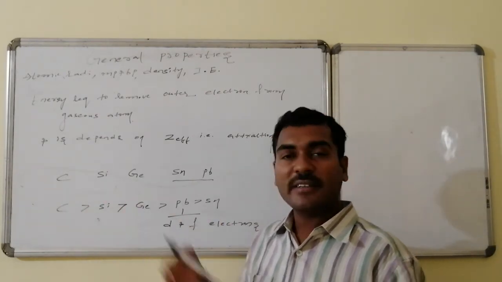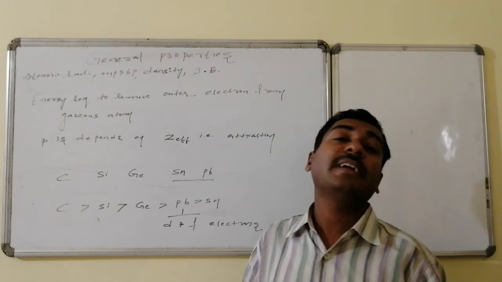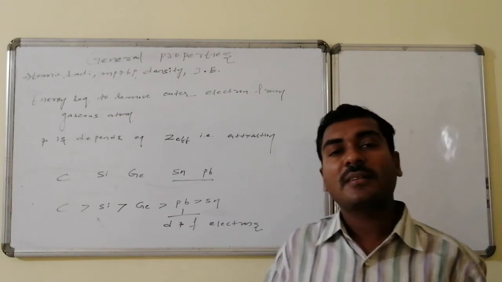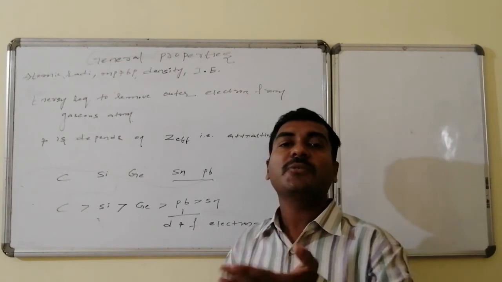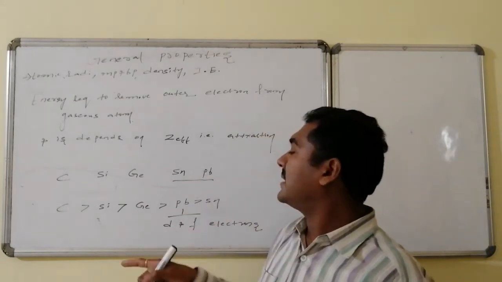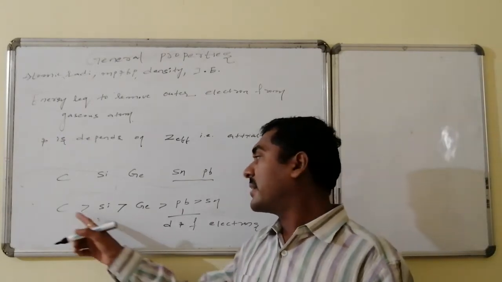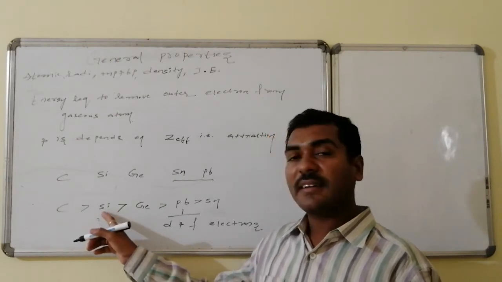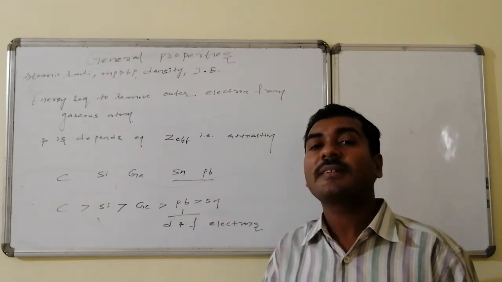Compared to carbon, silicon is having lower. Compared to silicon, germanium is having lower. Compared to germanium, tin is having lower, and the least value is present for the lead. Because in the lead case, the d and f electrons are present which are not shielding the electron density. As a result, nucleus attraction over the outermost orbit is higher, thus it exceeds the tin and it comes before the tin. Thus the order of ionization energy in the carbon family is carbon is greater than silicon, is greater than germanium, is greater than lead, which is greater than, out of what? Tin.